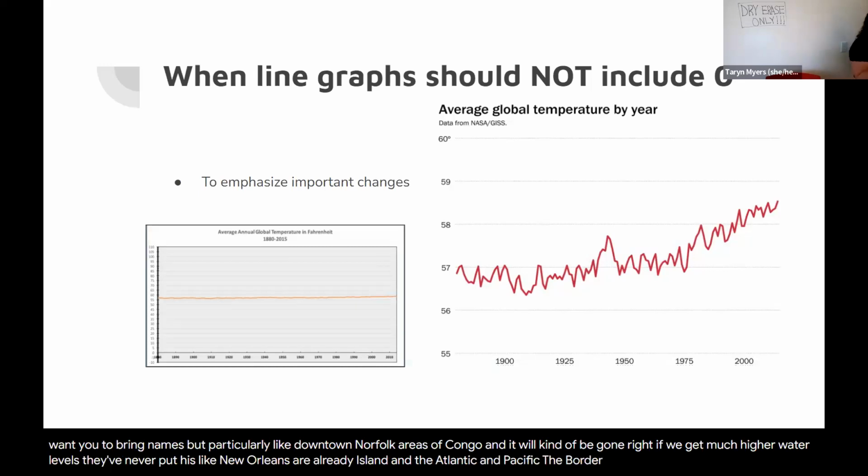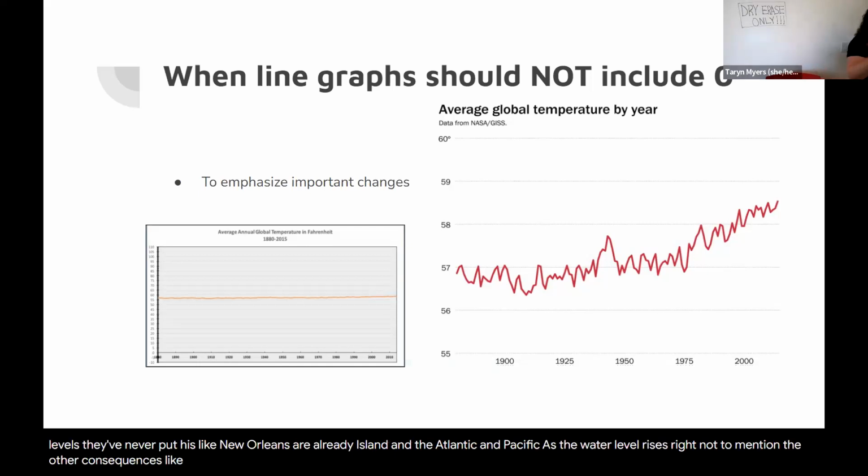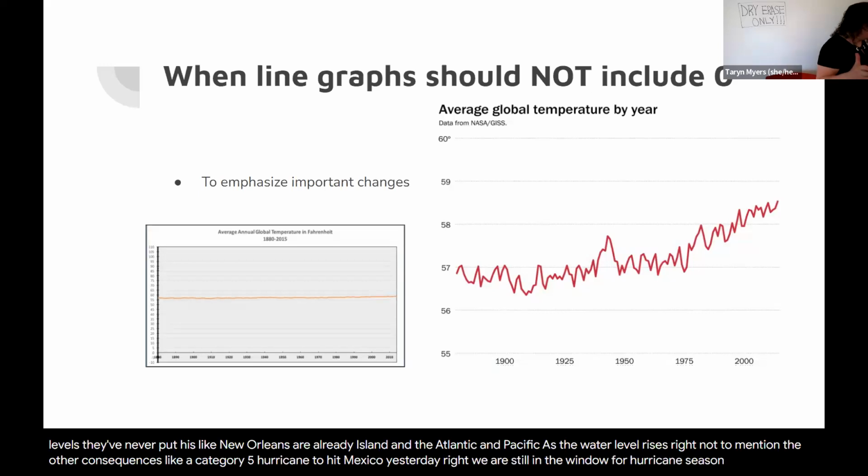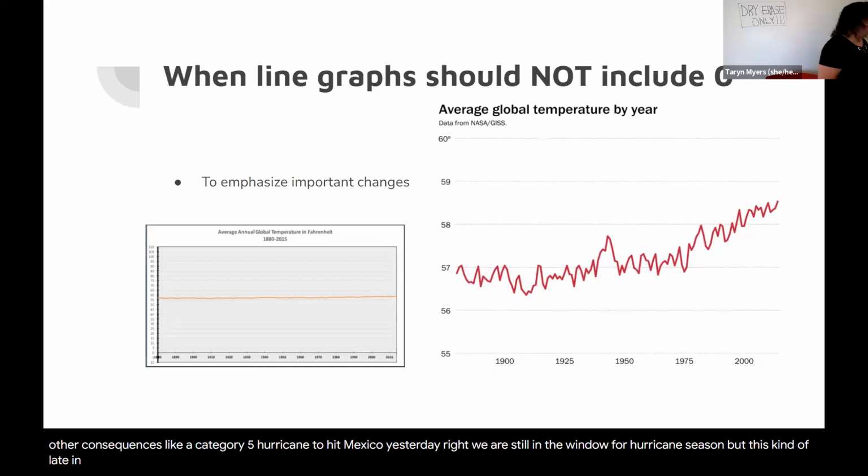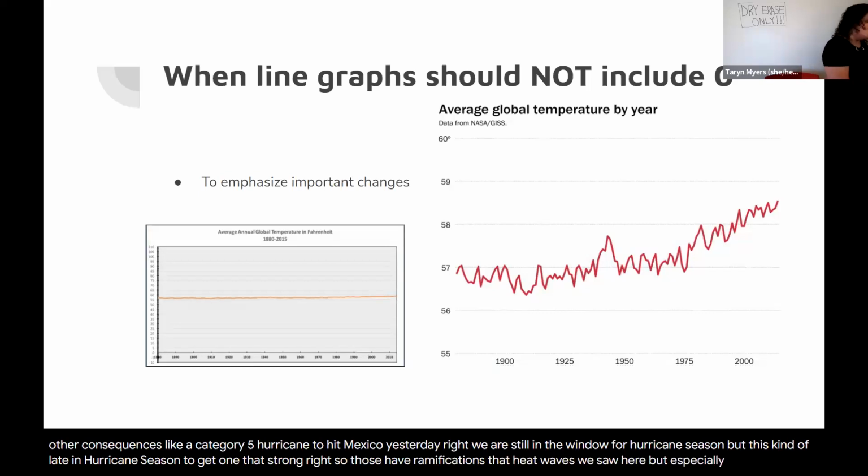because of water level rise, right? Not to mention the other consequences, like a Category 5 hurricane that just hit Mexico yesterday, right? We are still in the window for hurricane season, but this is kind of late in hurricane season to get one that strong, right? So those have ramifications, the heat waves we saw here, but especially in places like Texas